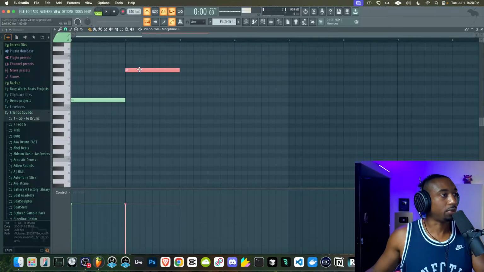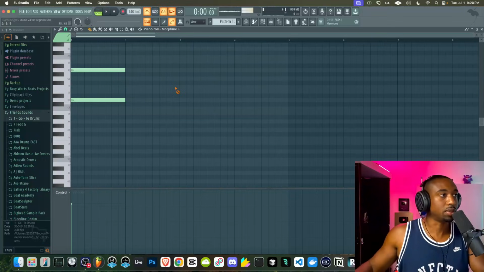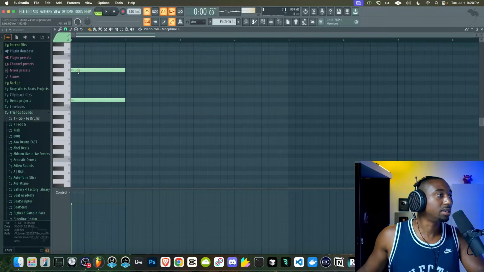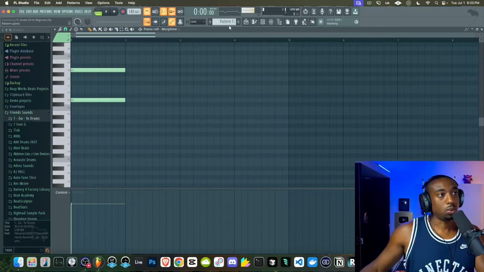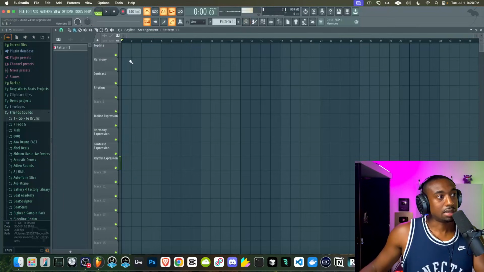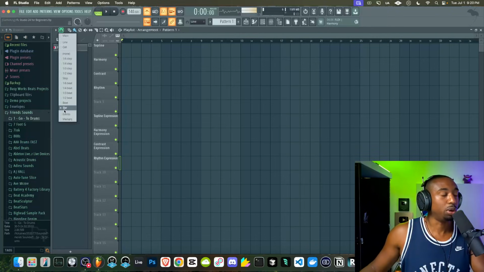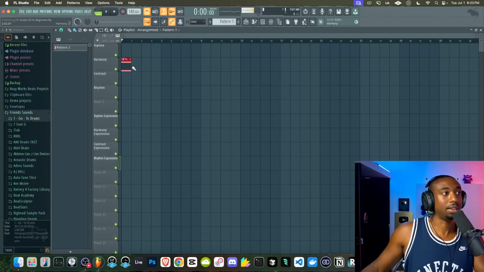This is called the perfect fifth. You don't need to get too deep into music theory. Basically, these always work together, okay? So now that we have sound, what I'd recommend you guys do is go back to the playlist and grab your paint tool this time, change your snap to grid to bar mode, left click and add the harmony in.